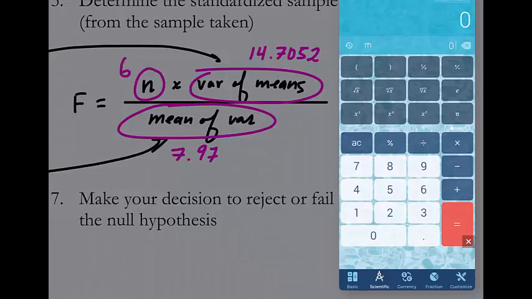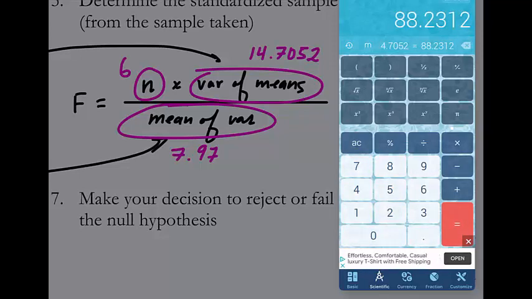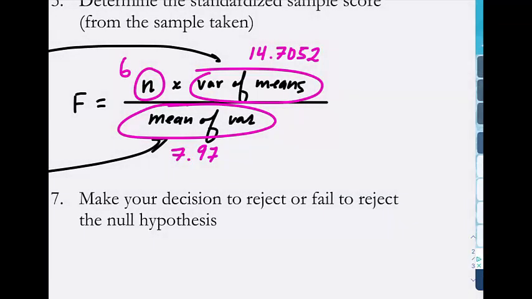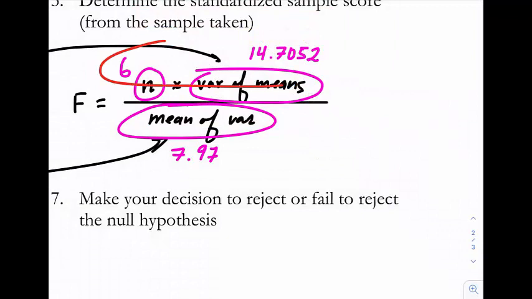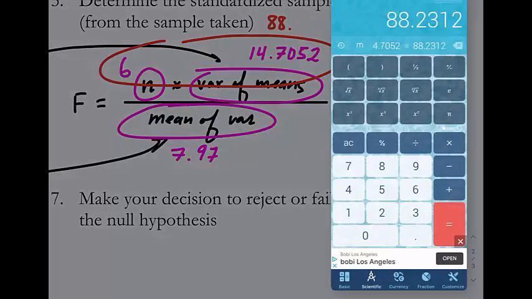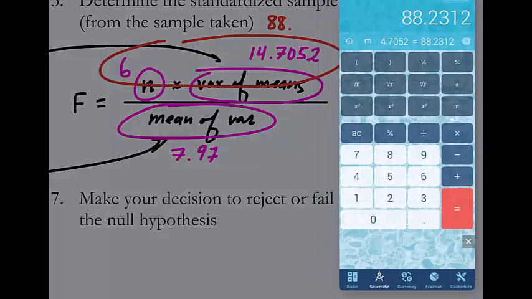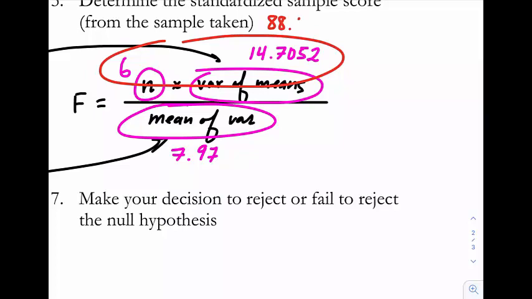Okay, so we got 6 times 14.7052. Okay, so that combo there is 88.2312. So again, let's just take the big product there, 88.2312. All right, no problem there. Okay, done. And then you're going to take that and divide it by